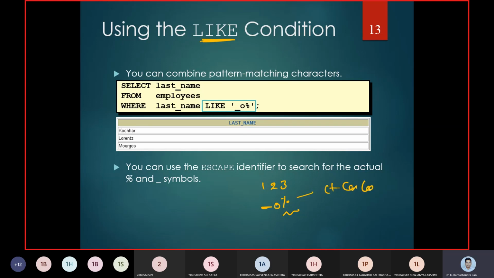Now we can see this example here. The second character we mentioned is O, and these three are meeting the O. That is where we emphasize that the second character should be O and the rest can be anything.